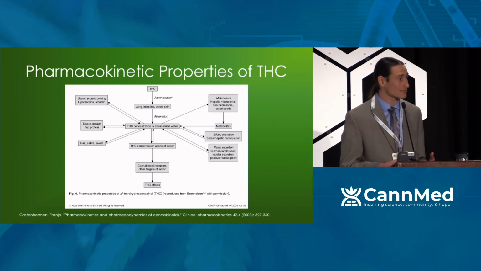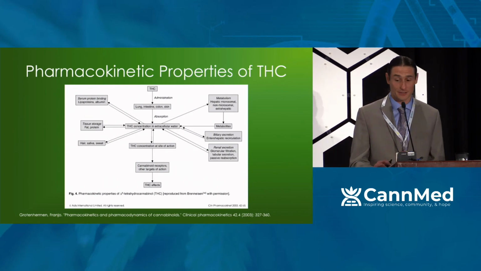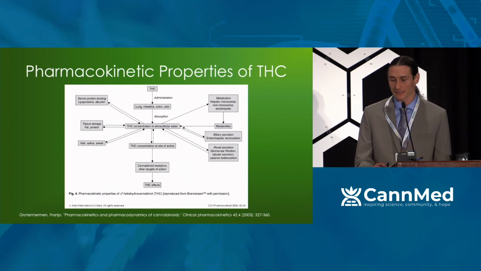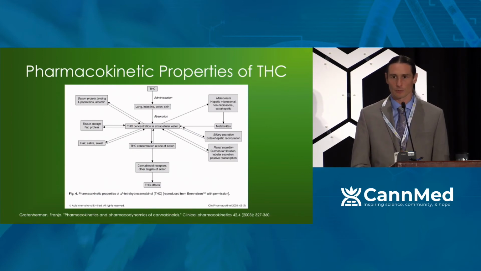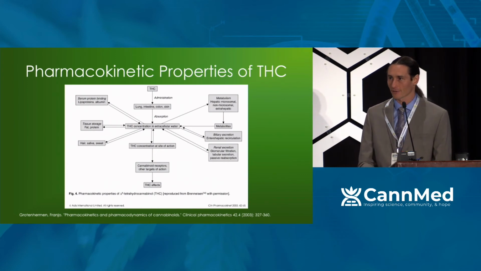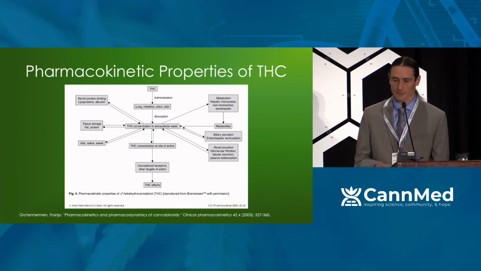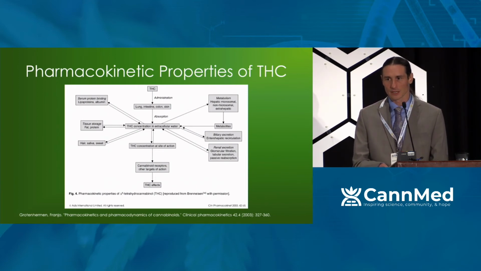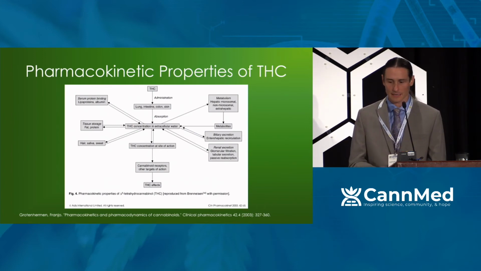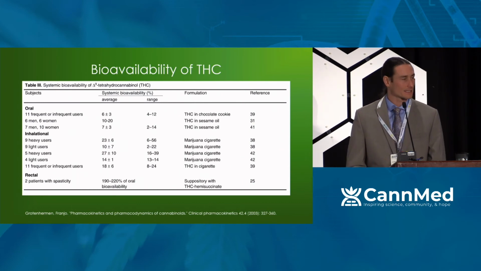Now let's talk about some of the pharmacokinetic properties of THC and how our bodies deal with this. We know surprisingly little about the pharmacokinetics and the metabolism of many of the other cannabinoids, but it's likely analogous to THC, where we have the absorption, the concentration into the body fluid. We have metabolism in the liver, and I'll show you some of the metabolites in a future slide. And then we have excretion, both through the feces and through the urine, as well as through the skin and the hair.